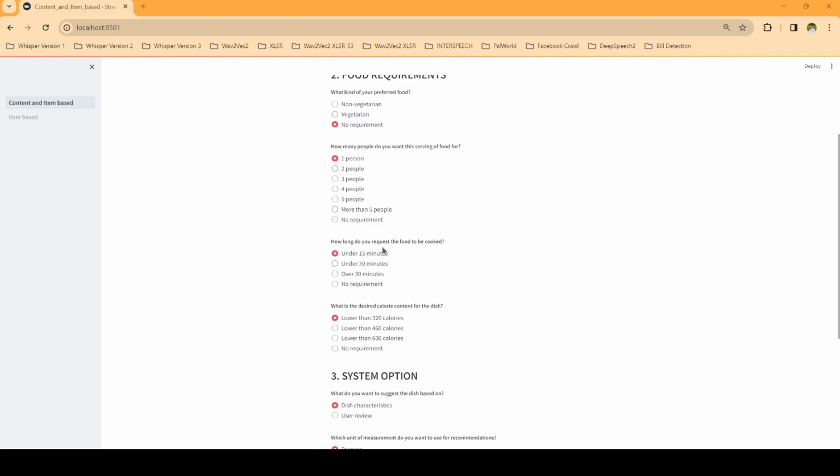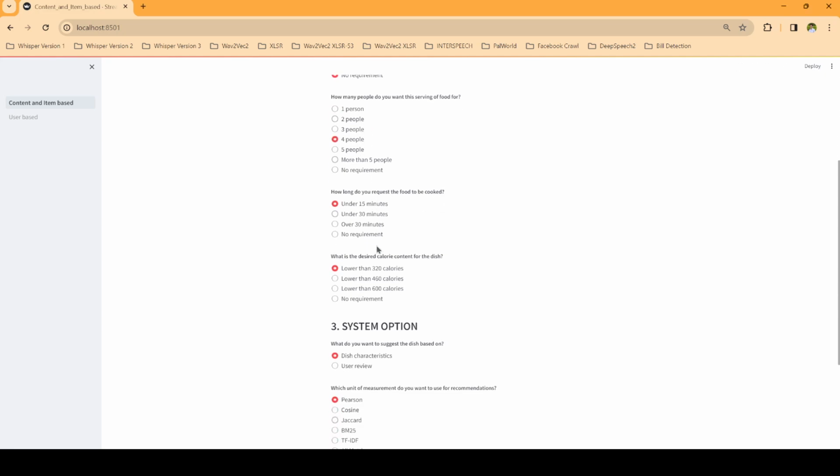Next I will choose the serving size for the suggested dishes. The significance of these choices is that the amount of ingredients for the dish in a database is fixed and cannot be scaled according to the user preference. Therefore, if user choose dishes with a serving size larger than reality, there may be redundant food and vice versa. Here, we choose 4 people.